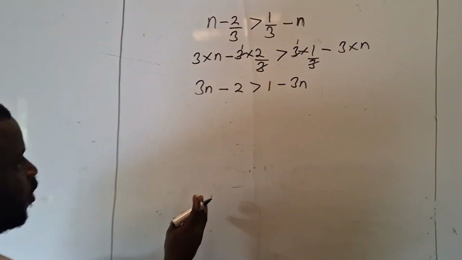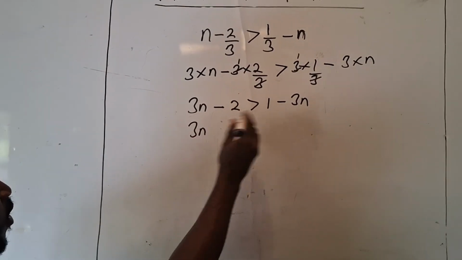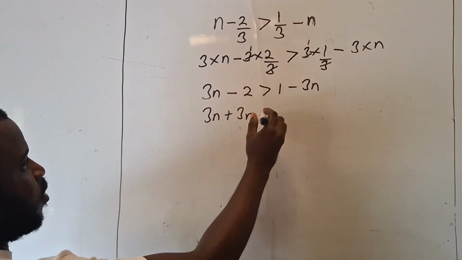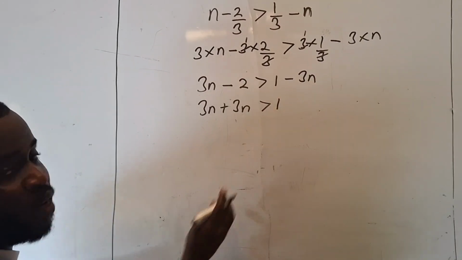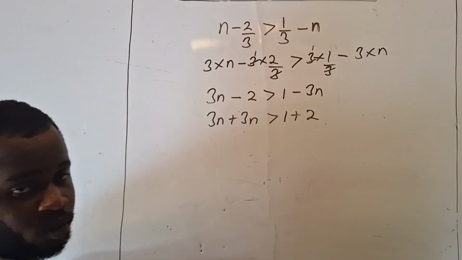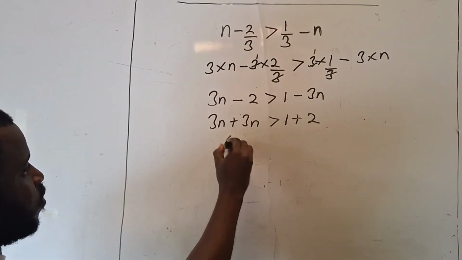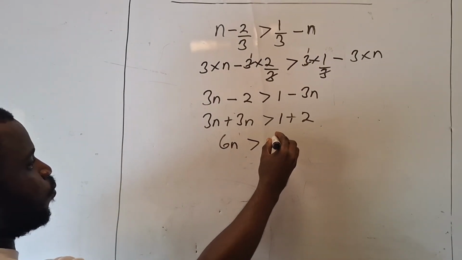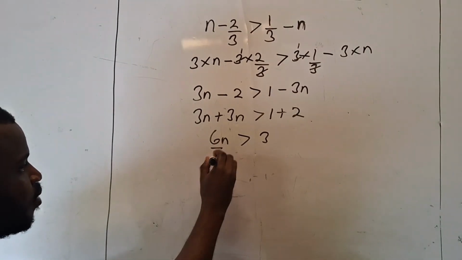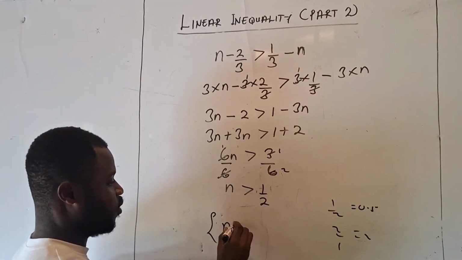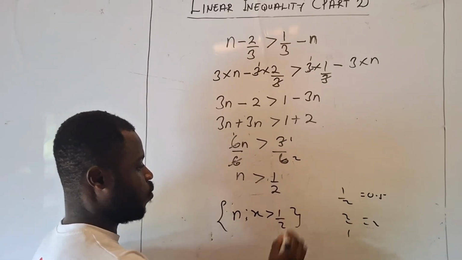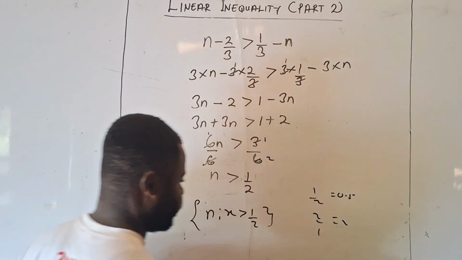Now we are grouping like terms. So we have 3n here, negative 3n coming here, plus 3n, greater than 1. The 2 will cross, coming here, plus 2. 3n plus 3n will give you 6n, greater than 3. We are going to divide here by 6. n is greater than 1 on 2. Now on the number line,